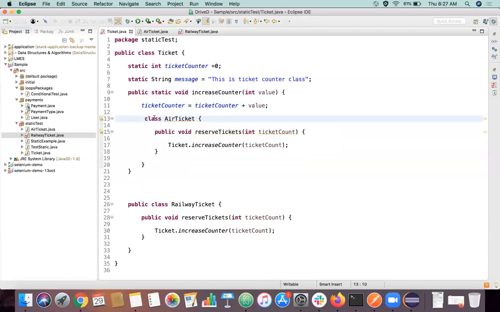I can declare a class here also inside this method. That is also possible. We'll see the different types of inner classes maybe in another class, but it is mainly used for logical grouping of your functionalities, right? That is the main idea.